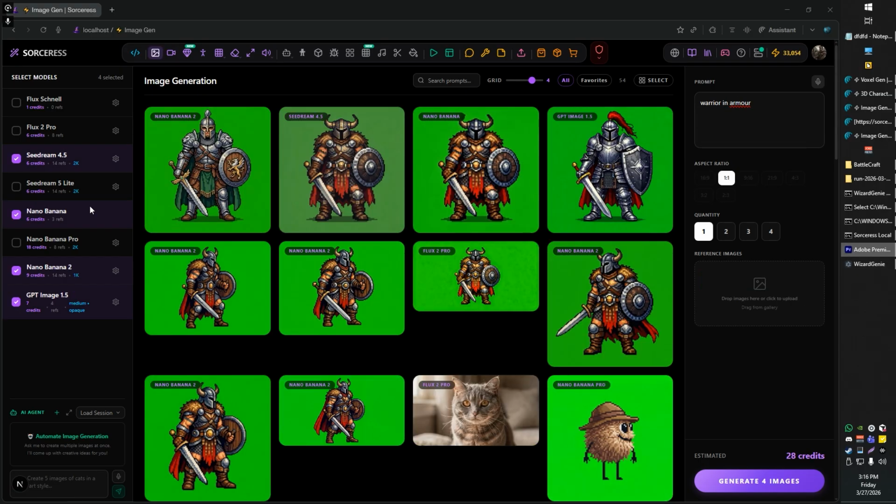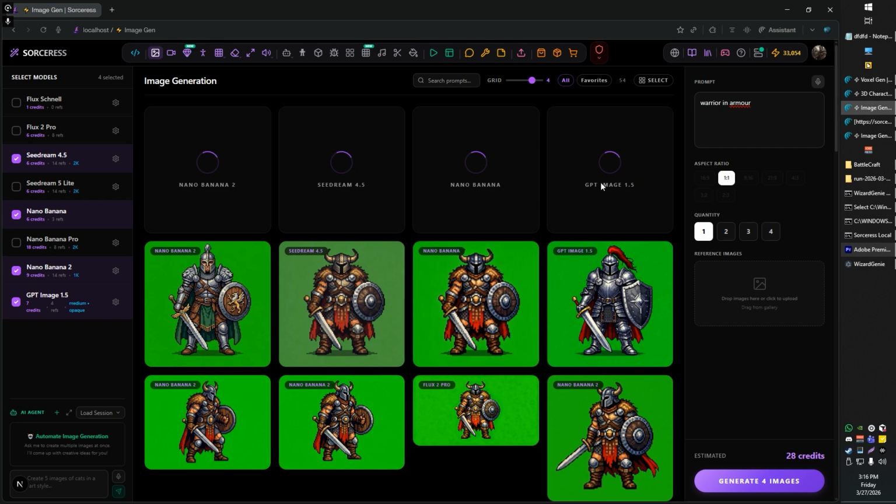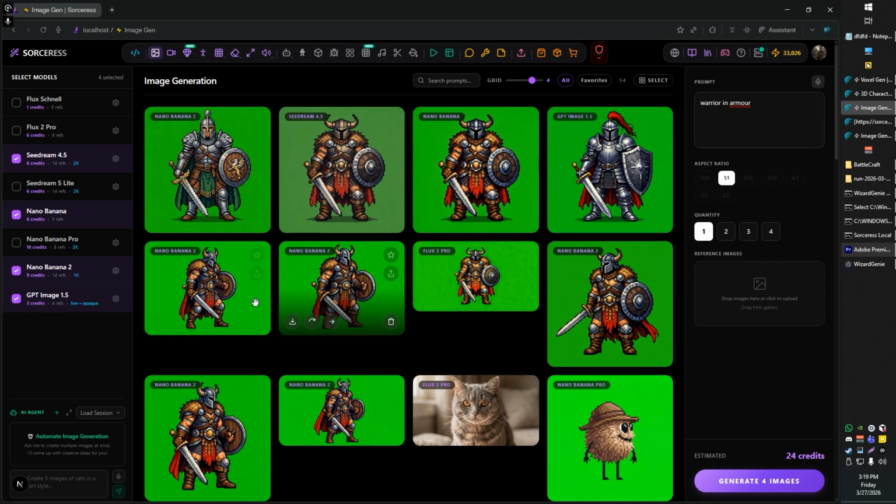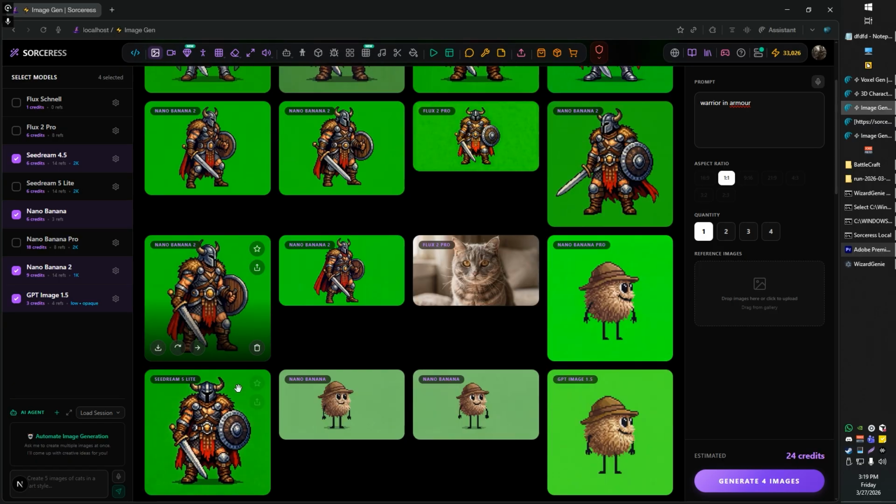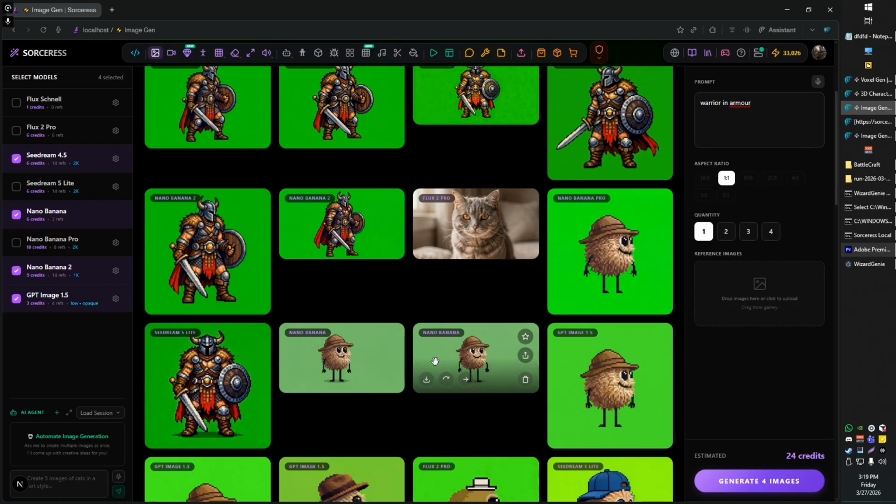The Sorceress image generation suite allows you to select any number of different image generation models at the same time and then just do a batch generation, so you can get an example of how each of the different models perform your request, and they can perform quite differently, producing quite different styles of art. What we're going to do here first is come up with our character, which we've already done. We've got this knightly Viking character, not really a knight, more of a Viking character, and we've got our little